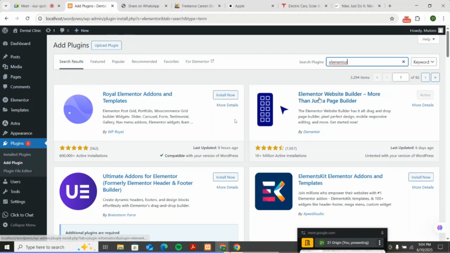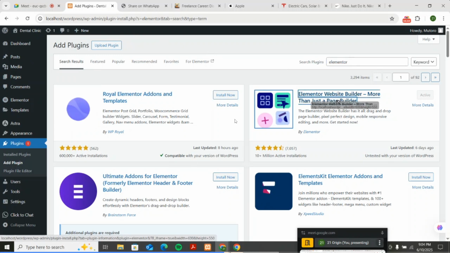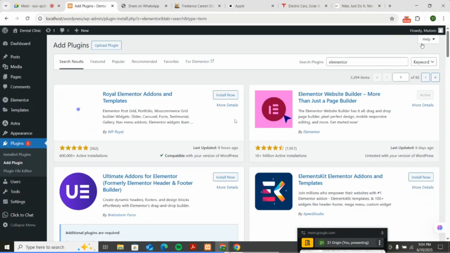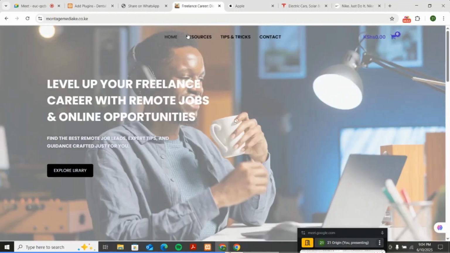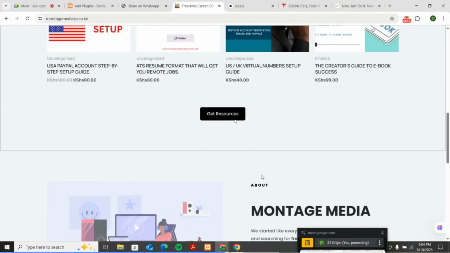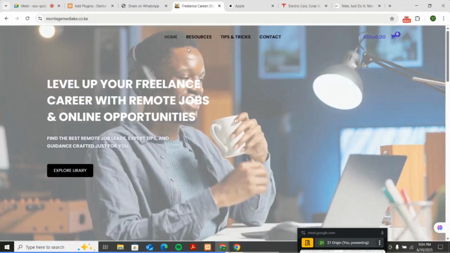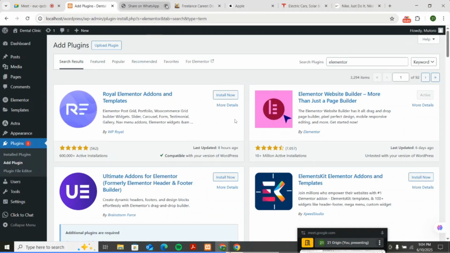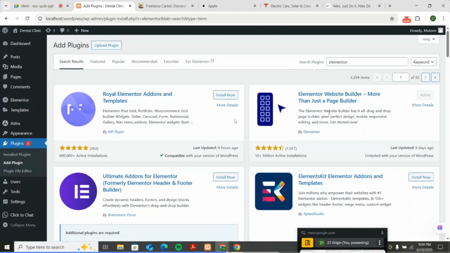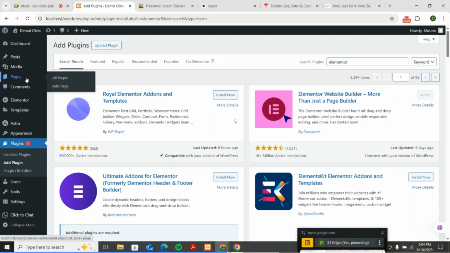Now we said Elementor is a page builder. You see from the description, it is a page builder, as in it gives you the ability to build pages. Like this is the home page, it was built using Elementor. Okay, let us move on. Actually close this one. I think we are done with it. So Elementor, we said it is a page builder, so that is why I'm going to the pages